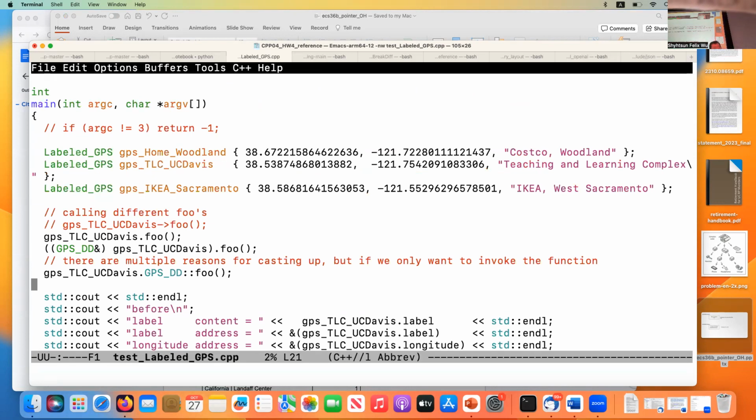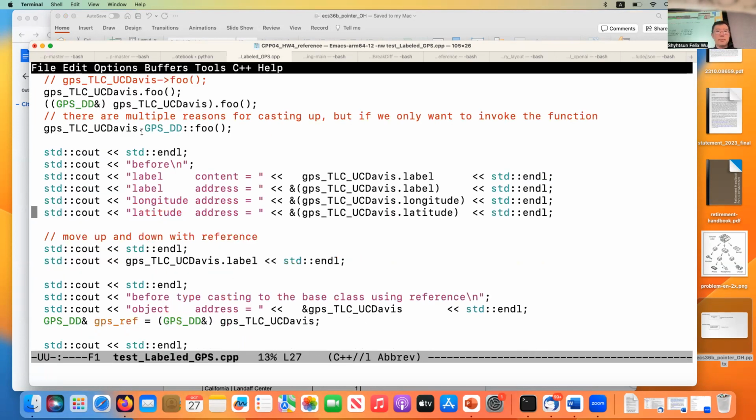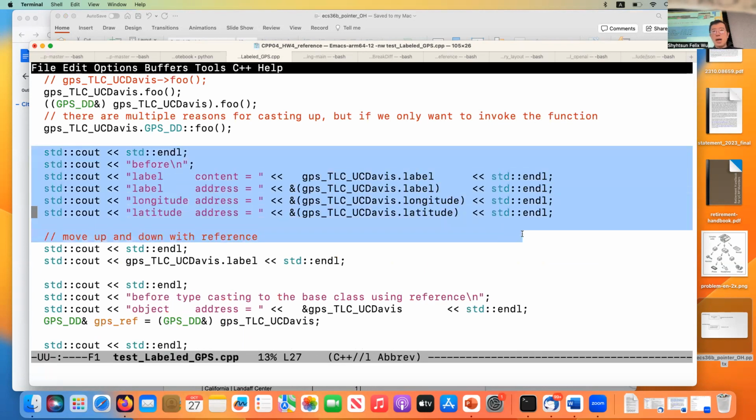We're trying to guess where this object is located, but then we have to write a program to validate whatever our hypothesis is. So here I start writing a few lines of code. This part of the code is before you go up and down, where I try to print a few things.